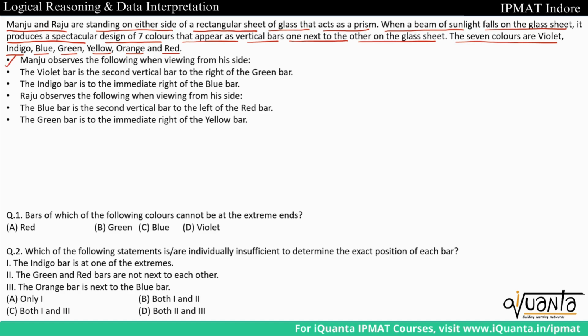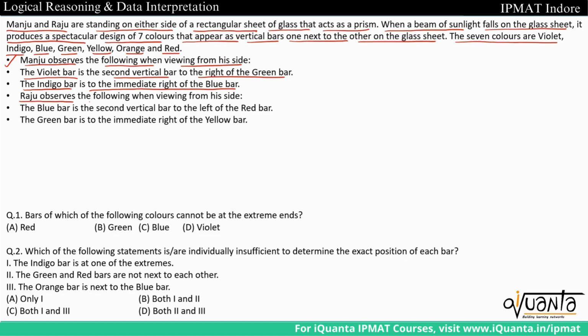After that, we have some clues over here. Manju observes the following when viewing from his side. So what Manju observes is, the violet bar is the second vertical bar to the right of the green bar. The indigo bar is to the immediate right of the blue bar. Then after that